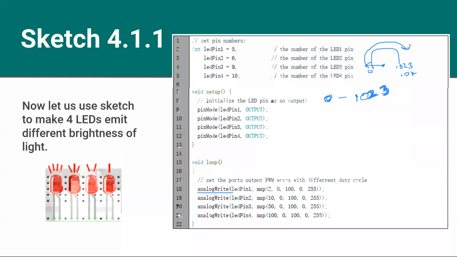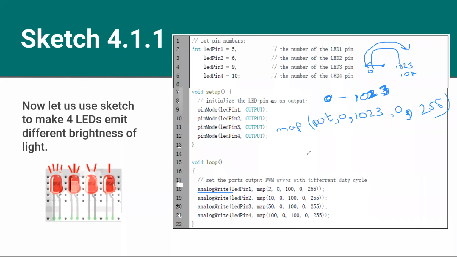So if we are going to map these values to an LED, we have to use the map function. The map function is like this: analog read, let's say the potentiometer, we call it the pot value. We are getting values from 0 to 1023 and map that to 0 to 255. So when we are here, the LED is at PWM 0, it is turned off. When we are here, the LED is at 255, fully turned on.